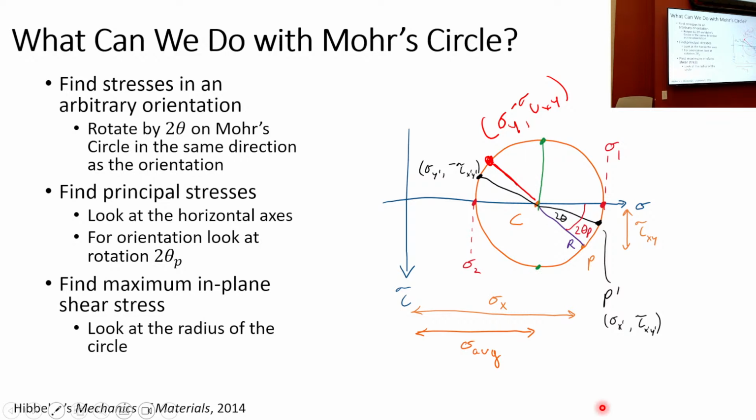So once again, it can be very useful to figure out what this quantity is just using geometry. And as Zach said, it's just the radius. It's not the diameter, but it's the radius. And we calculated the radius earlier using the Pythagorean theorem. Any questions at this point? This is why Mohr's circle is so powerful, because it gives us a way to figure out a state of stress for the given rotation using geometry. But boom, it tells you,